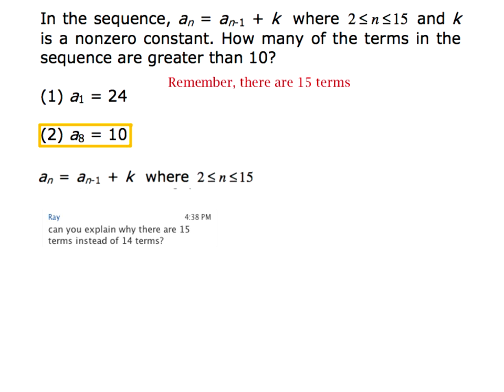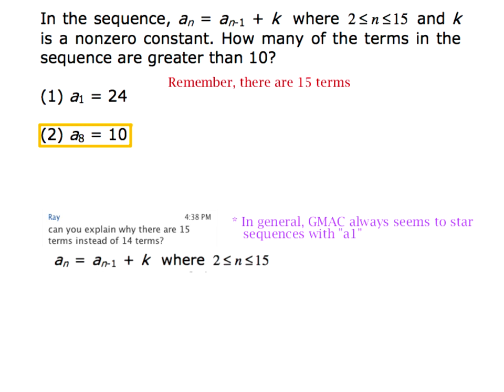In general, GMAC always seems to start sequences with A1 because they don't really want to trick people. The one thing that these questions don't do is define things in very weird ways. In a math textbook, you might see a sequence that starts with A13 and ends with A28. But here, you're not really going to do that. But as far as the way this definition works,